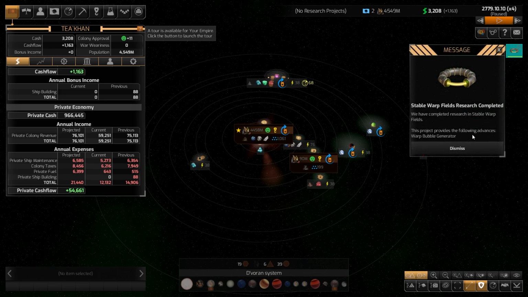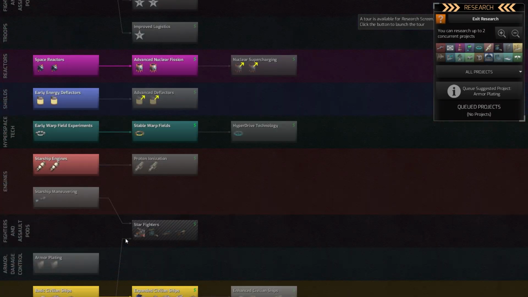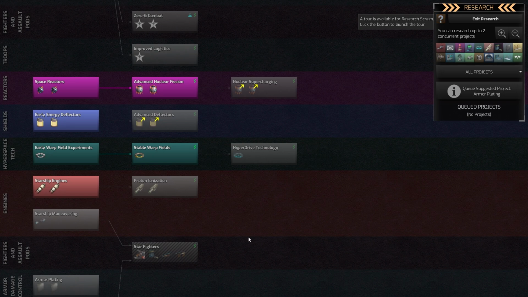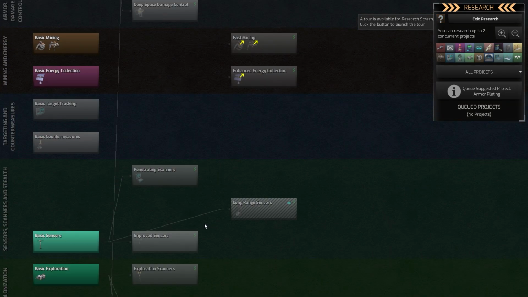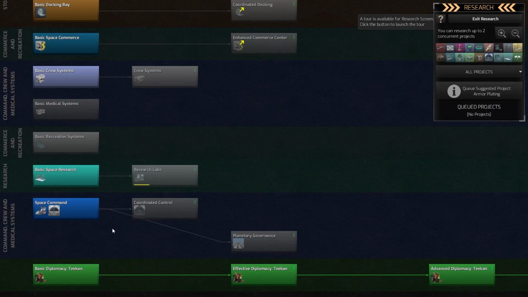This project provides the following advances: warp bubble generator. There we go. Let's go ahead and have a look at our research projects. What do we got next? We've got the hyperdrive technology. Okay, so now we've got this. There's going to be a bunch of stuff that I need to do. I'm going to need to rejig all my systems once again. And nevertheless, basic countermeasures might not be a bad thing to have. However,